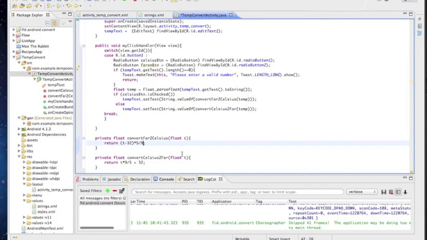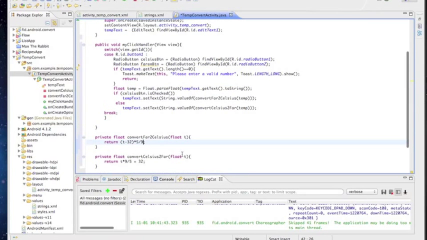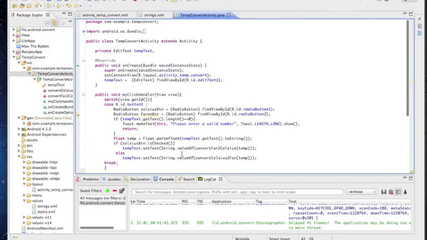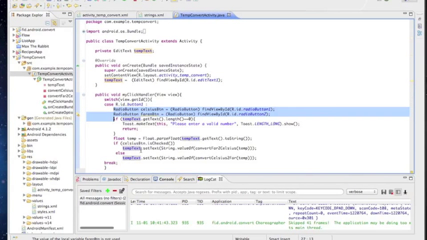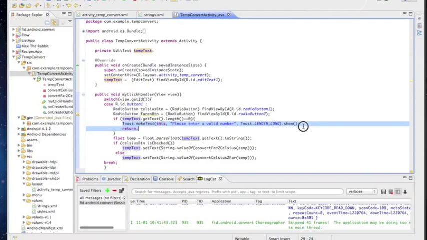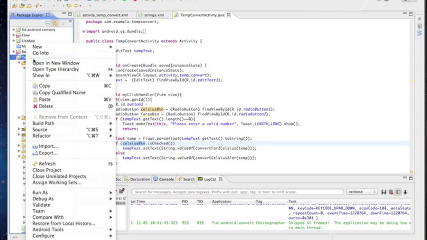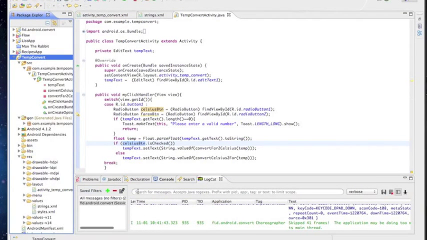All right. So this is the whole class, right? I've created an activity. I created a link to the text in the layout. I've created a link to the radio buttons, and then depending on which one is checked, if there's nothing entered, then I display a toast. But if something's entered, then I check the radio buttons, right? This one or the other one. So let's try and run this in our emulator. Run as Android application,